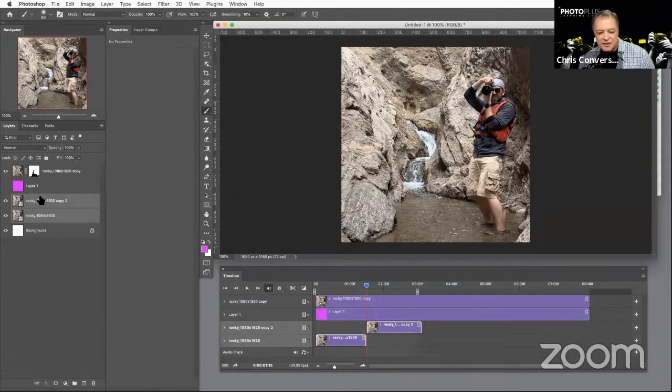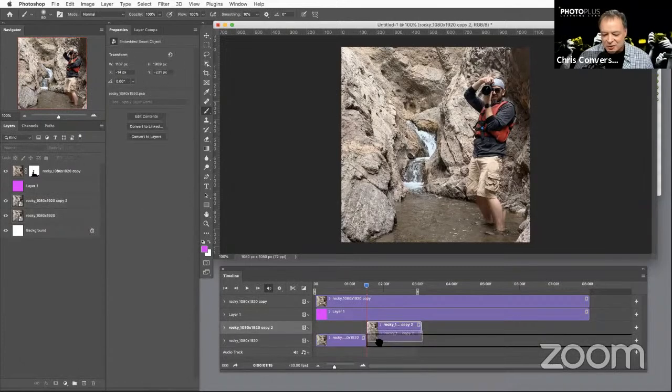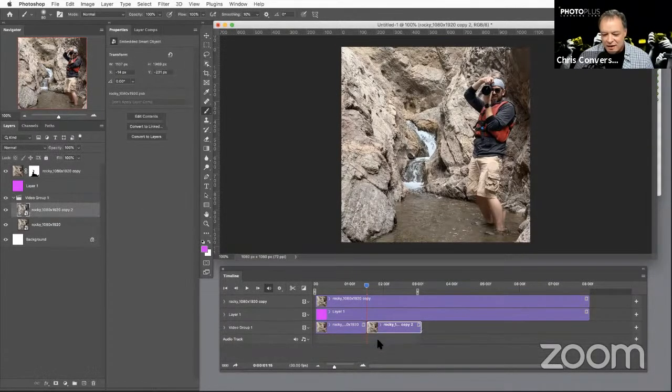Now, if we take a look at the layers panel, we're still looking at all of the layers inside of Photoshop in its layer and composition mode. But I'm going to come over to the timeline panel. I'm going to click on the top layer and drag this down so that it's next to the bottom video. When I let go, notice that Photoshop now created a new type of group for me called